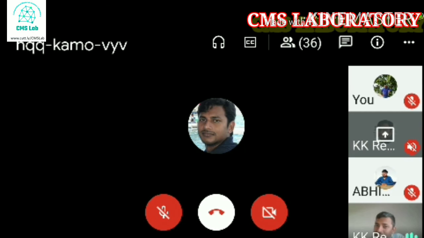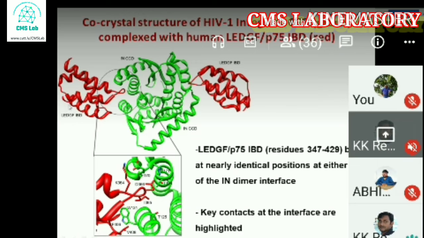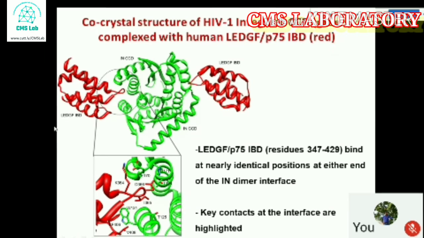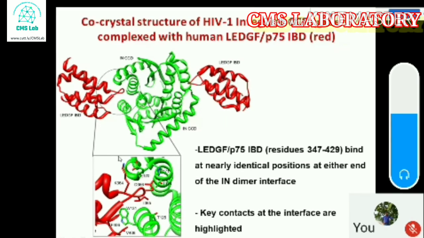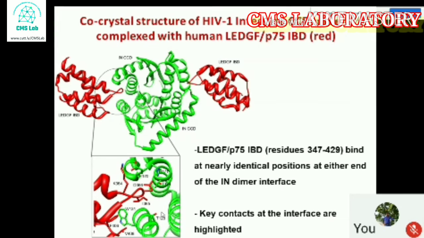Fortunately, we have a crystal structure with the HIV-1 integrase and the human LEDGF. So we have seen the key contacts at the interface. What we do is that there are many contacts. We need to identify the key contacts so that we can use that information for identifying